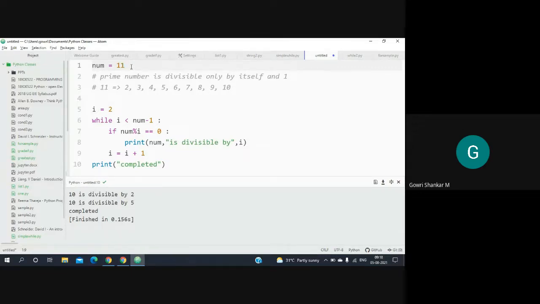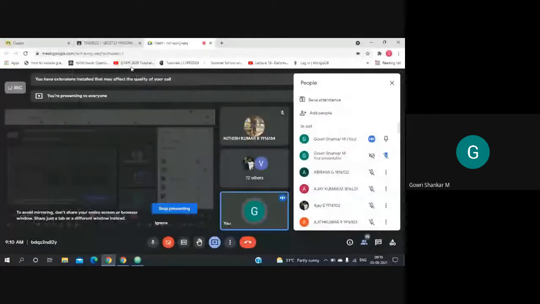So what is the output that will be produced when the number is equal to 11? You can even type it in the chat box.